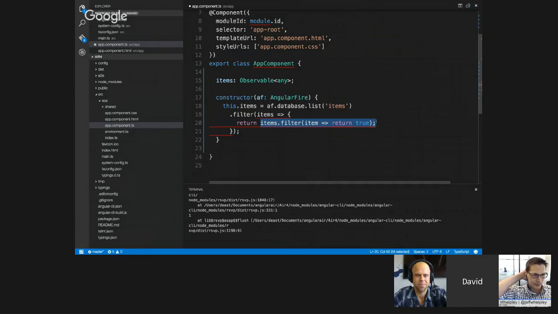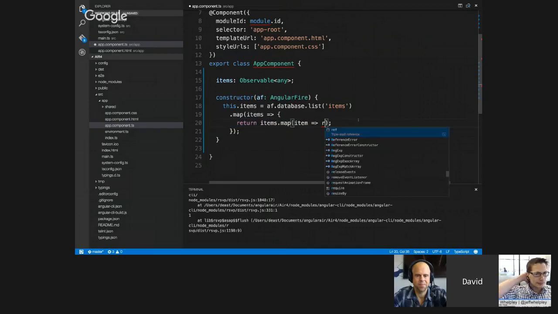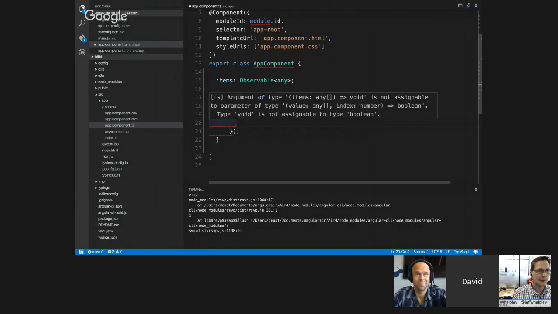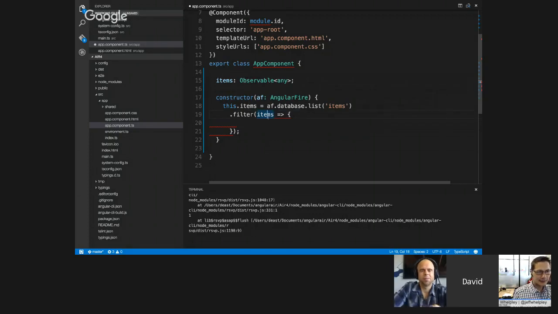So what I was thinking about doing was a map, which if you do a map, and then do map, and then do this part, then it will let you do that. But no, I can't remember what I wanted to do. So if I wanted to pluck these out, how would I handle this? Nothing like live coding in front of people watching you. All right, so I'm going to filter, and then I'm going to get these items back, and then from this actual array, I want to just get back the items. So what I can do is